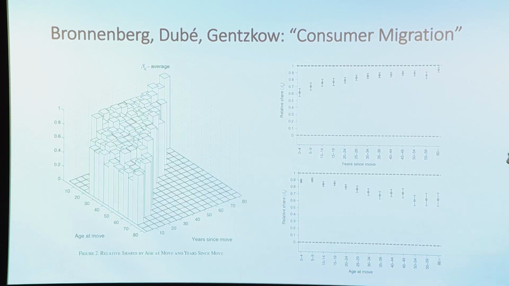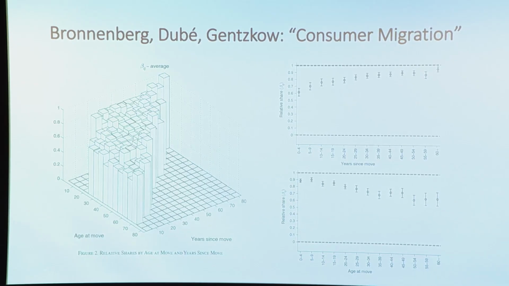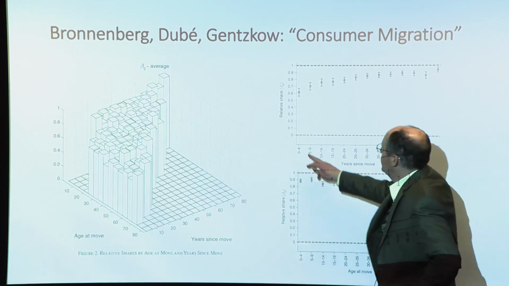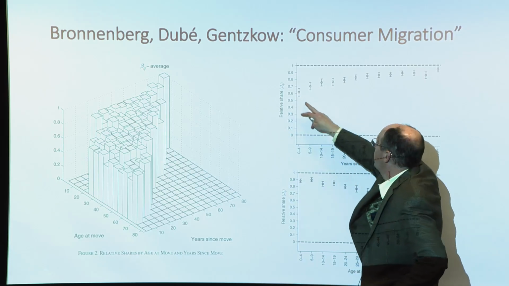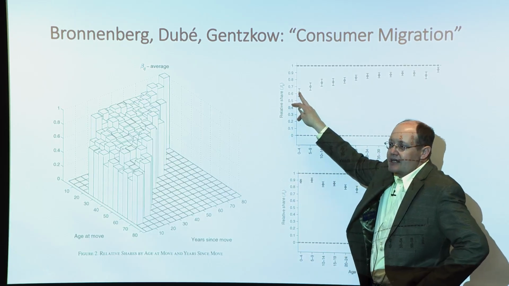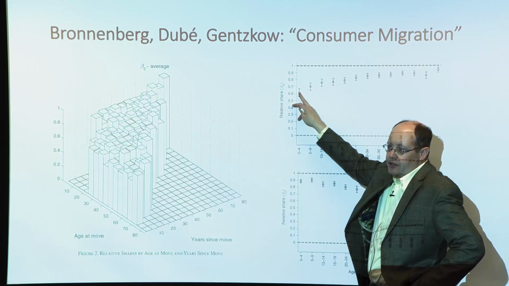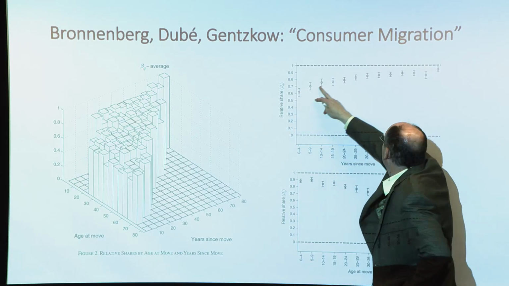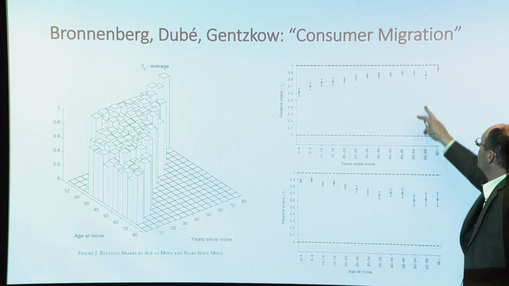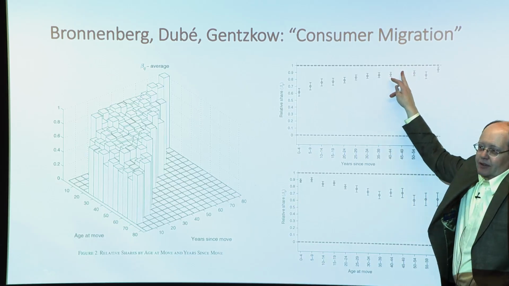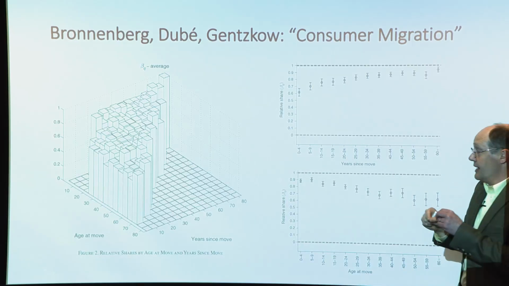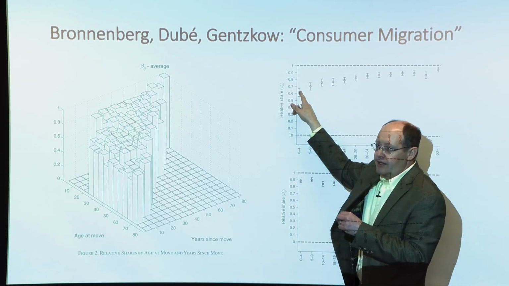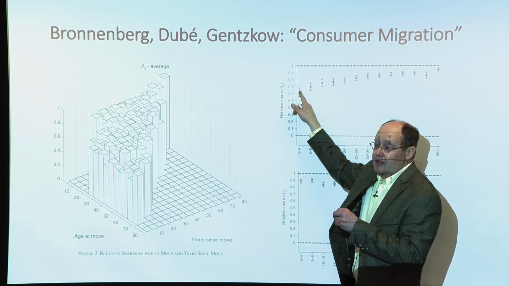And what this is saying is that an awful lot of it seems to be supply side. Because if you look at people who have just moved, 0 to 4 years since their move, they're immediately 60-something percent of the way to the new purchasing patterns. When you look at people who moved 40 or 50 years ago, they're 80 or 90% of the way there. So it seems like there's a big supply side element that, immediately on moving here to Boston, makes you start buying Hellmann's mayonnaise.